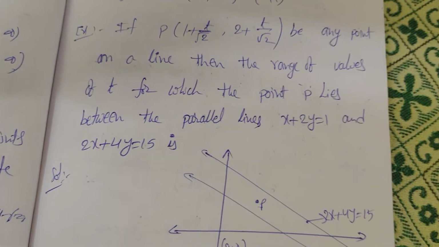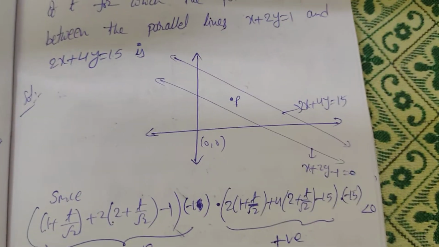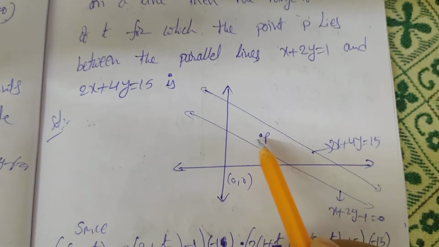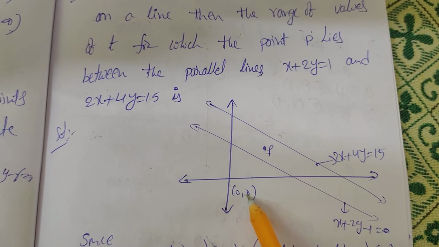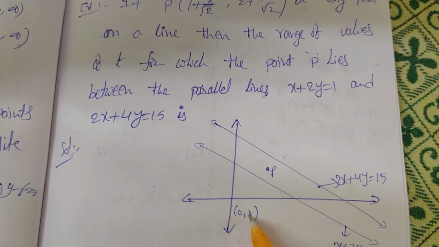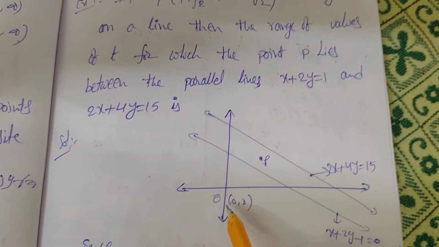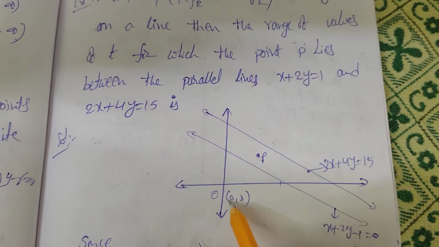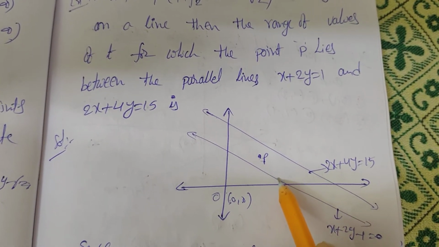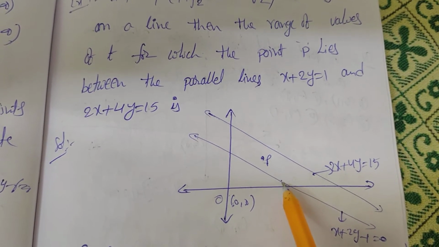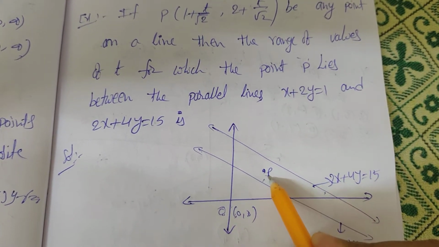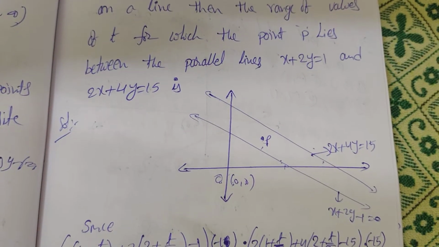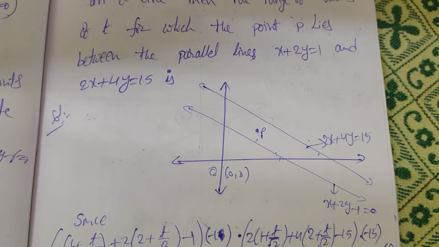According to this, we have one condition. Obviously (0, 0) is one of the points, so even without it being given we can use this point O(0, 0). For this line, P and O lie on opposite sides of the line, and for the other line, these two points O and P lie on the same side. Yes, we have to use these two concepts.